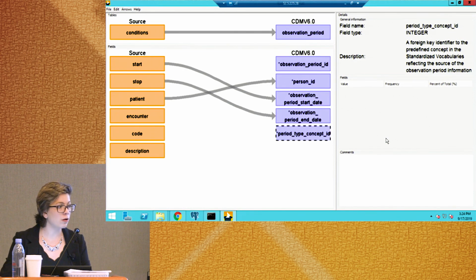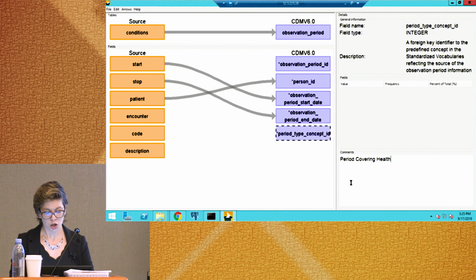So for example, in this synthetic data set that we're treating like an EMR, we might call it period covering healthcare encounters. This is a concept ID, and then the ID is 4481